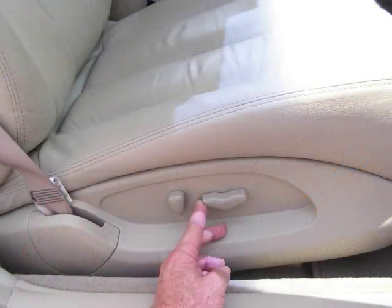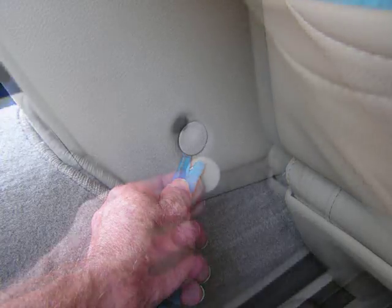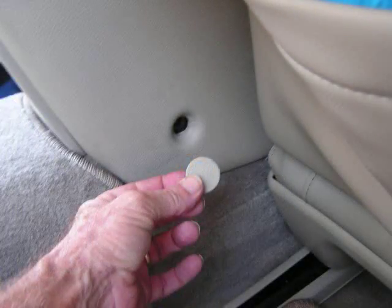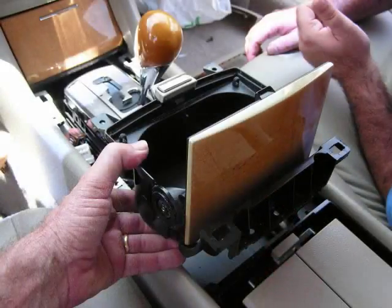Move the front passenger seat forward. This will allow you access to the screw cover at the back of the center console. We're going to pry this screw cover from the center console. This is going to give us access to another hidden screw. We're going to also remove 2 screws at the cup holder and remove the cup holder up out of the opening. This will allow us to